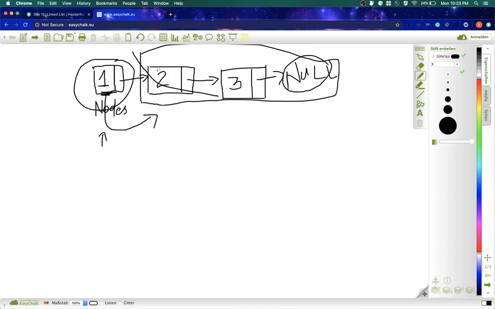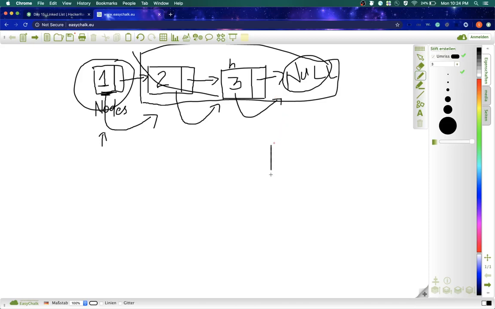Right now it's not, because it contains two. From now our head is here, and we see whether head dot next is null or not. It's not, because it contains three. Then this is our head now. Now we will say head dot next is null, right?